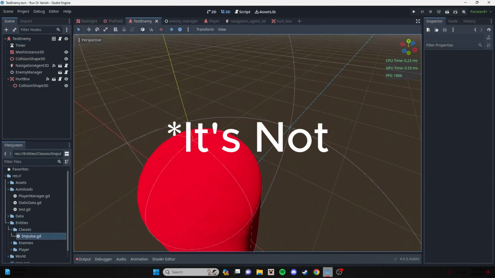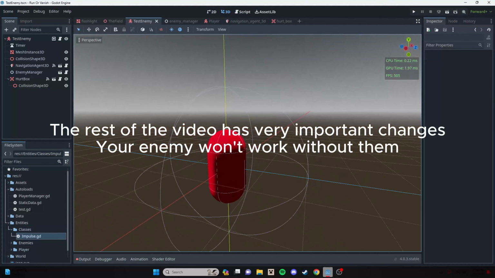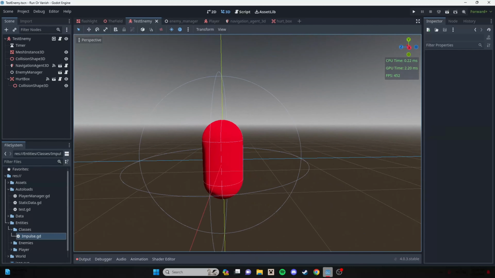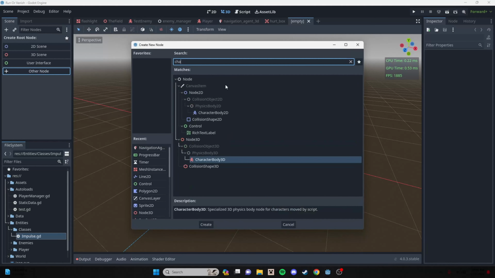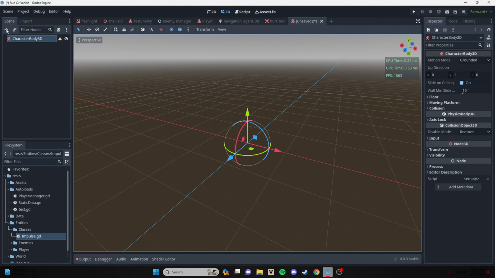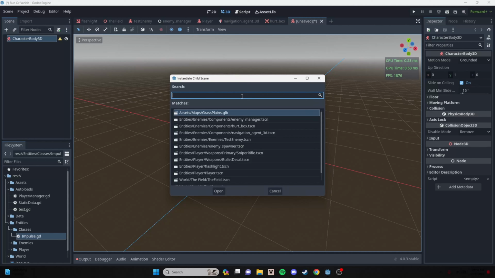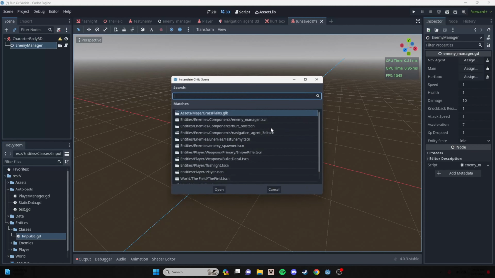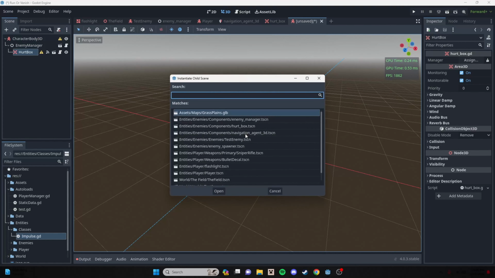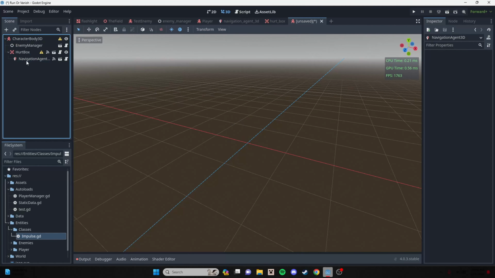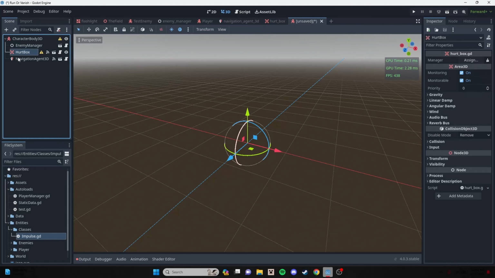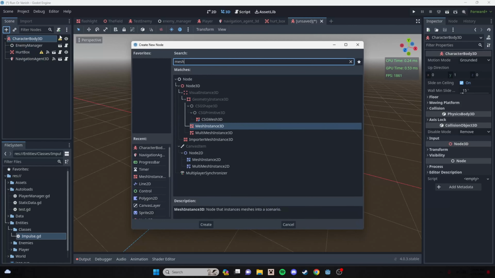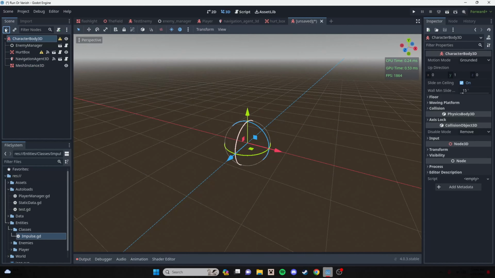So that's basically it. To show you guys how easy it is to make a new enemy, all I literally have to do is just create a character body, and I just have to add all the components. Okay, and I just fill in all these variables and stuff, add a mesh instance, a collision shape,